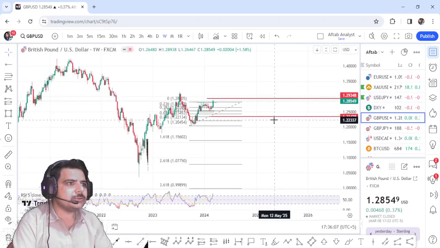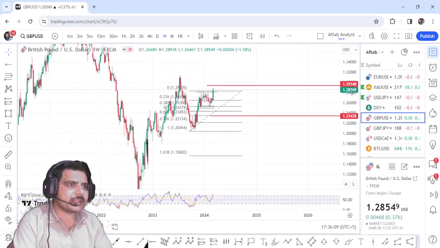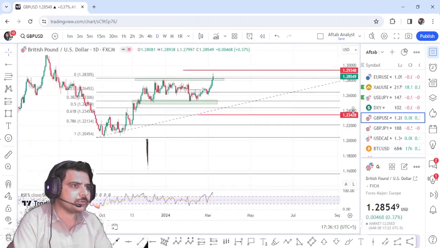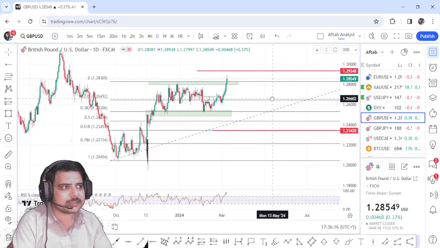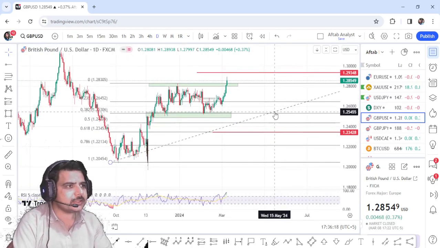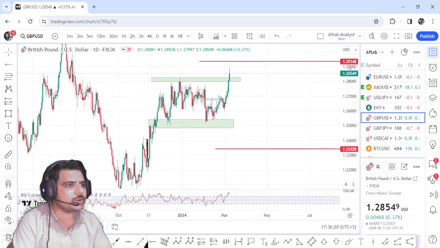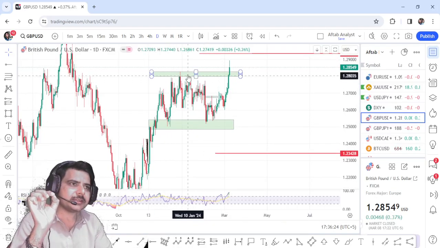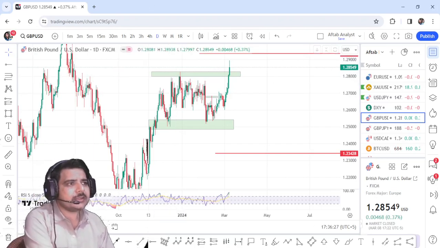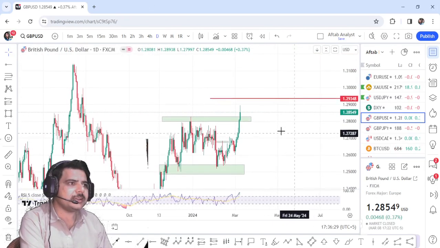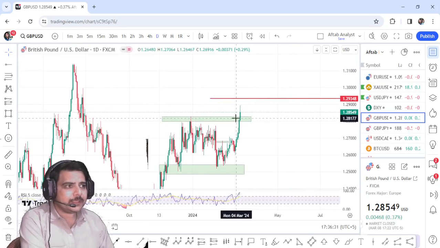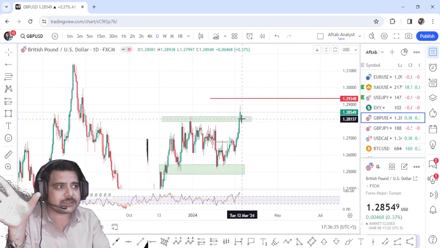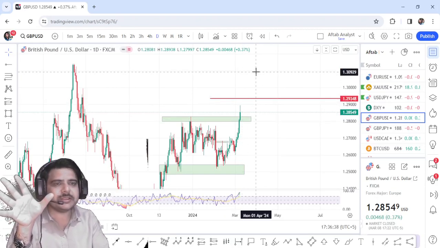Moving on to the pound dollar, there was a fantastic range, and how many of you took advantage of it? Those of you who took advantage of it but did not message me, please let me know in the comment section, because it was ranging right here. We made enough profits from right here, right here, right here, right here. Last videos you can check out, and finally a breakout. But a breakout doesn't mean it will be continuing forever, and in the previous videos I have also discussed that.